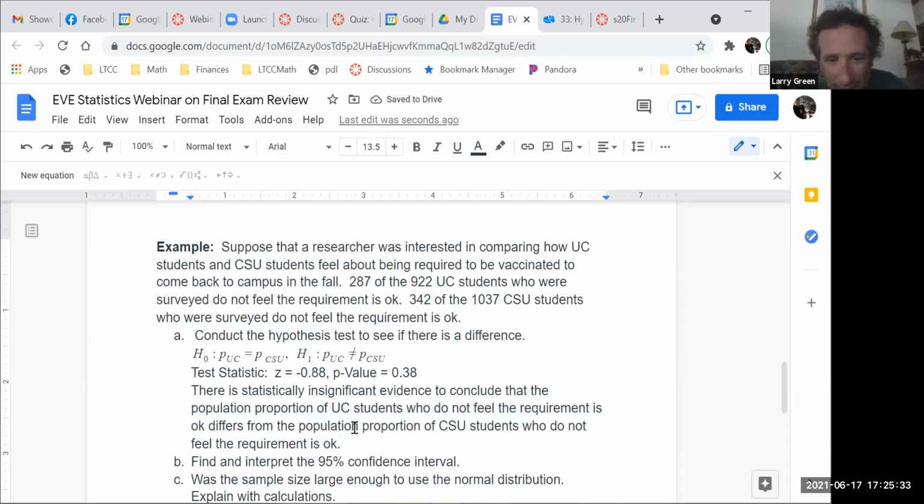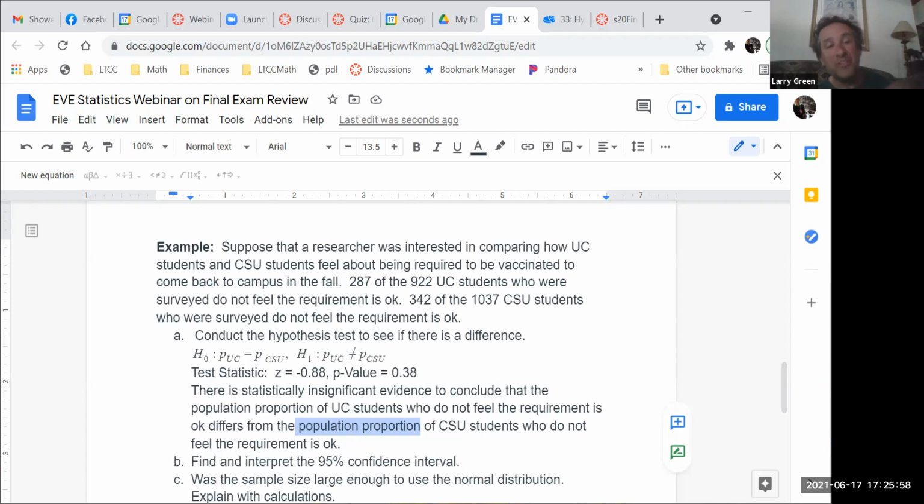I want to highlight those words right there. You will lose points if you don't have the word population. And if you wrote mean instead of proportion, that's not good either, because it has nothing to do with the mean. So make sure that you're using those key words, whether it's population proportion or population mean,